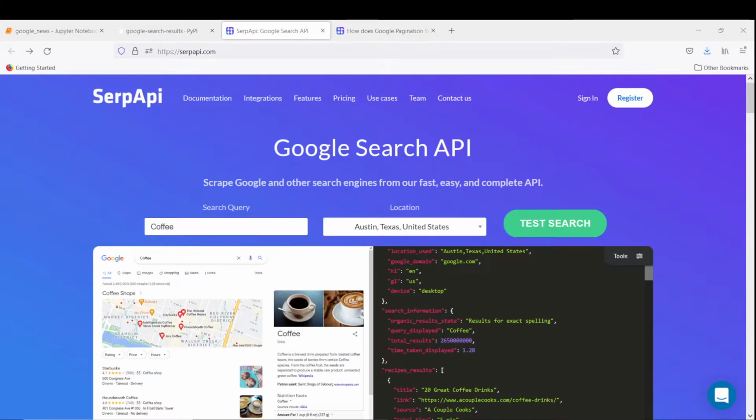So I wanted to make a video on this Google Search API. I haven't used this. I just found this API because I'm always looking for news articles and so forth. What I use the news articles for is mostly stock related, to see what kind of information is out